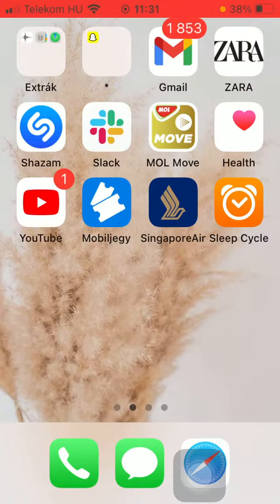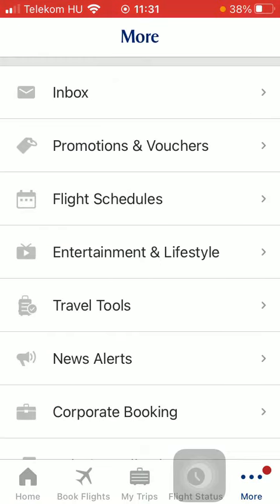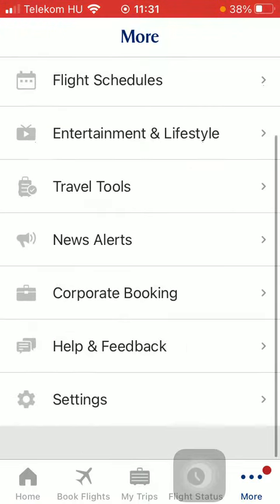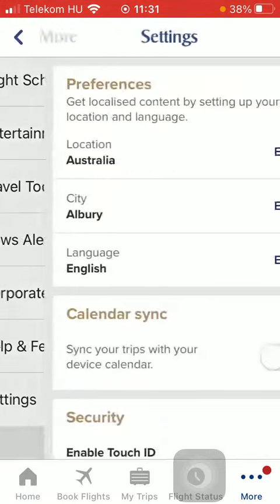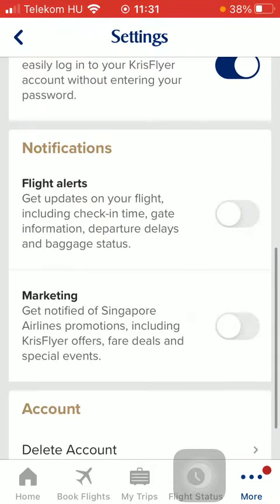First of all, open the application on your phone. Tap on the More button down below, and after that you should scroll down to the bottom of the screen and tap on Settings. Then you should scroll down to the Notification section, and the first option is Flight Alerts,